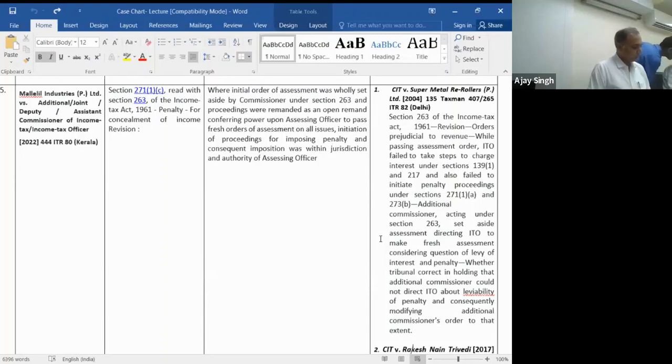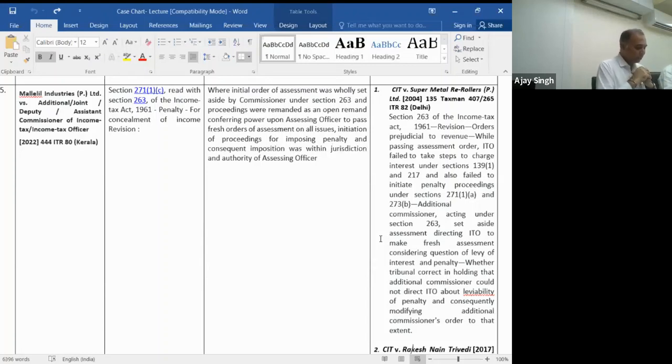And the assessing officer, while issuing an order of assessment, is already vested with the power. Once he completes the assessment, he will decide the matter of levy of penalty. But here, while issuing this order under Section 263, the commissioner directed the assessing officer to impose penalty also in this particular case, which the assessee had challenged by way of a writ petition before the High Court of